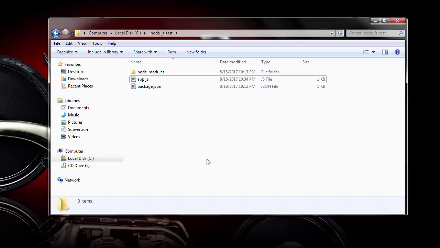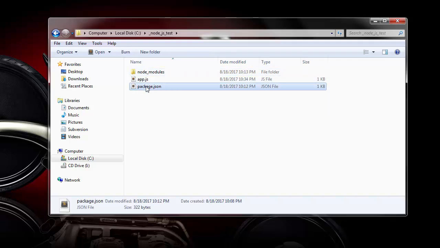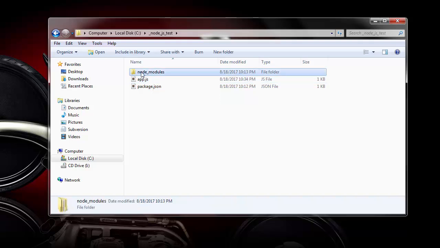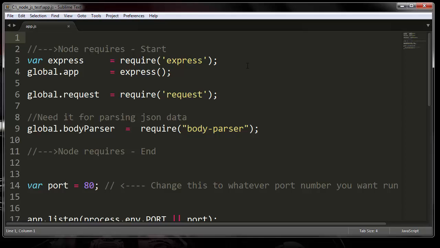So at the moment we have three things in here. We've got our package, which we already installed with npm. Then I have created a new file called app.js, and then there are the modules, all the modules that we already have installed in the past. So I'm going to open this app.js, and we are going to go through it line by line and see what it does. So I open this up, and in here, the very first thing it does is